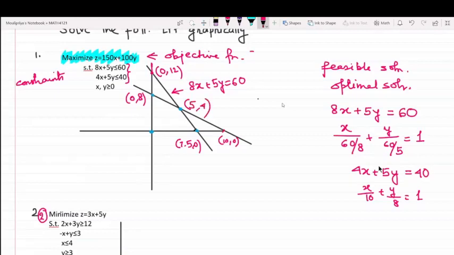Now tell me which one is the feasible region. That is, by feasible region, I mean the region that is being satisfied by both the constraints as well as the non-negativity condition. The quadrilateral 0, 8, 5, 4, 7.50 and 0, 0, containing the origin.